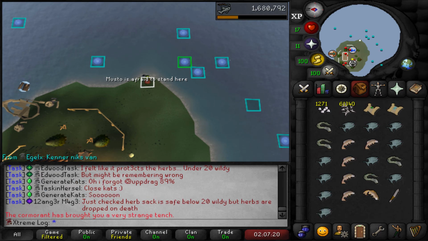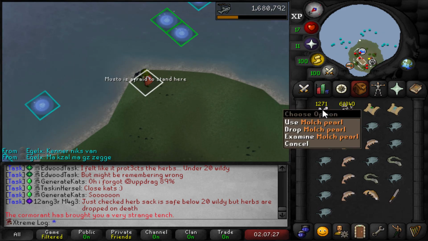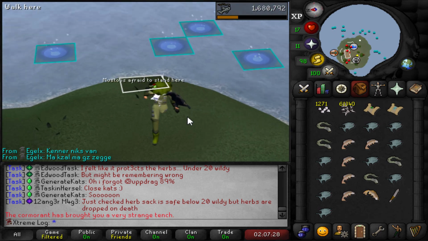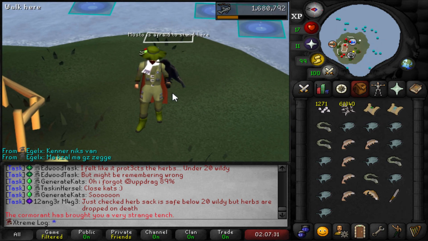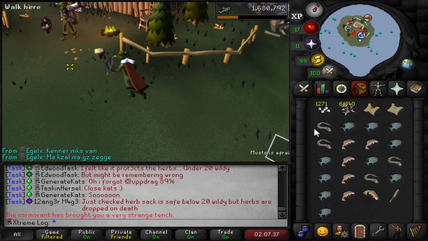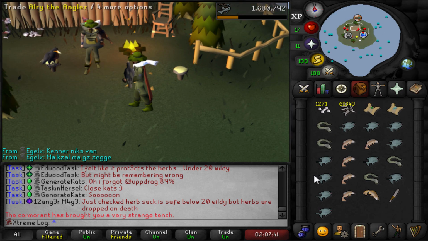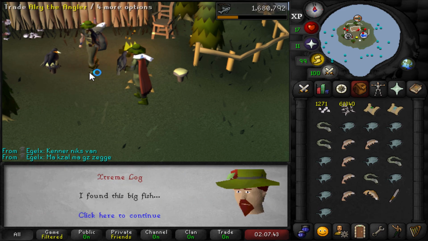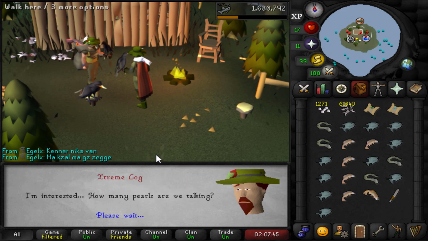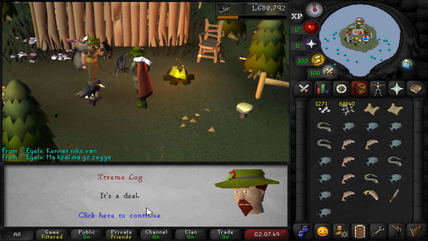Oh my god. Can you spot the thing in the inventory? This couldn't have come at a more perfect time. Look at my pearl count. 1271. I am 99 pearls away from completing aerial fishing. And I just got another golden tench which I can sell for 100, which puts me right at the amount to be done. That is just amazing. Let's use the golden tench one more time on Alri the Angler. And let's get another 100 pearls for that one. And that is